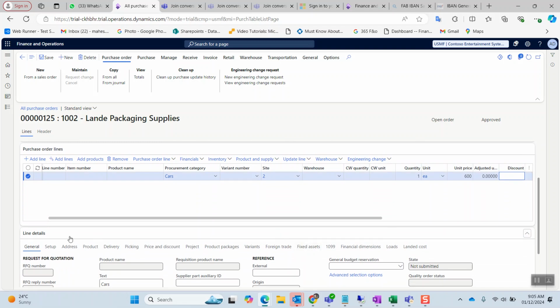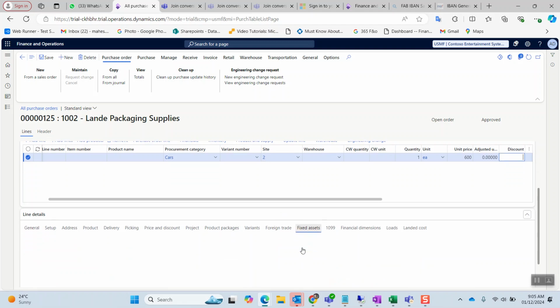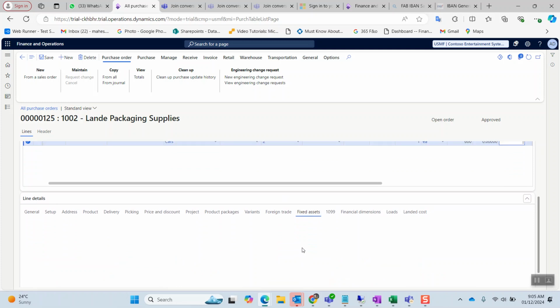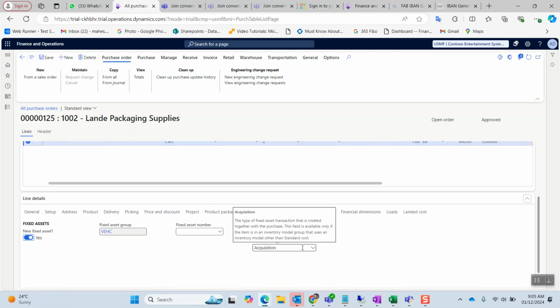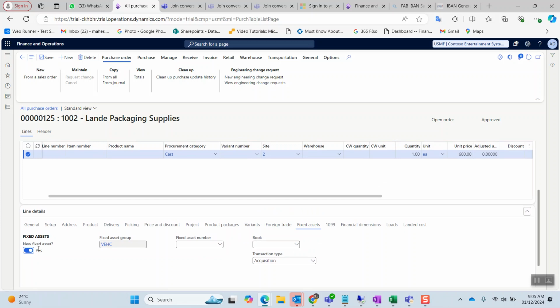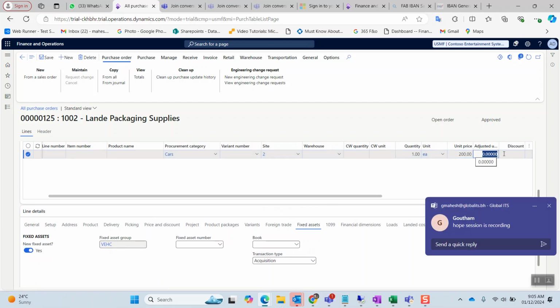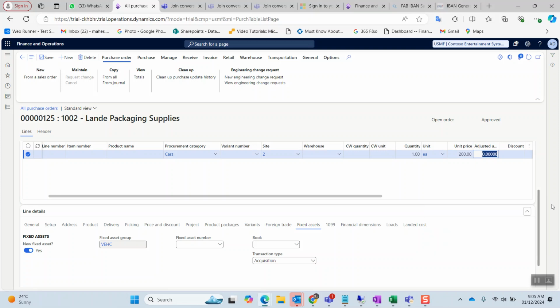In line details we have the fixed asset tab. If I click on this fixed asset tab, you can see the new fixed asset is Yes, and the vehicle group is auto mapped. For example, if I give 200, and click on save on top,